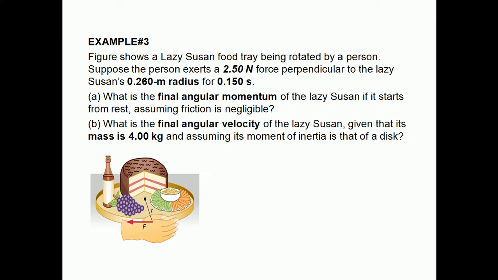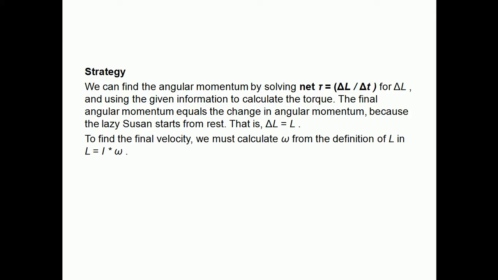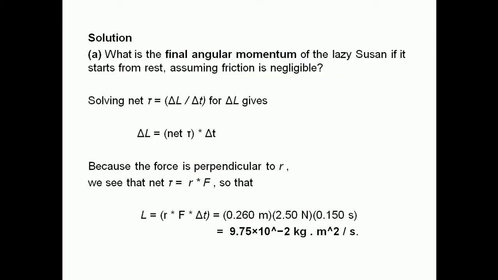Then let's solve the first question, then we come back to the next one. Okay, what is the strategy? I will just mention it over here. So just read it, and the formula that we will be using is that the angular momentum is equal to the moment of inertia multiplied by the angular velocity. This is the formula we will be using. So this is the solution for the number one case.